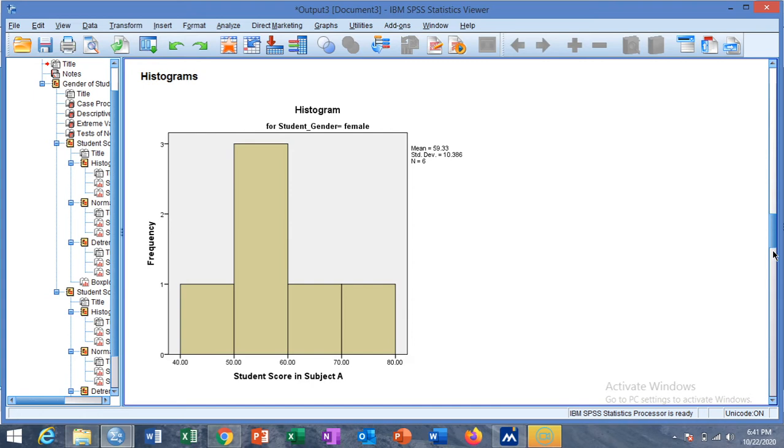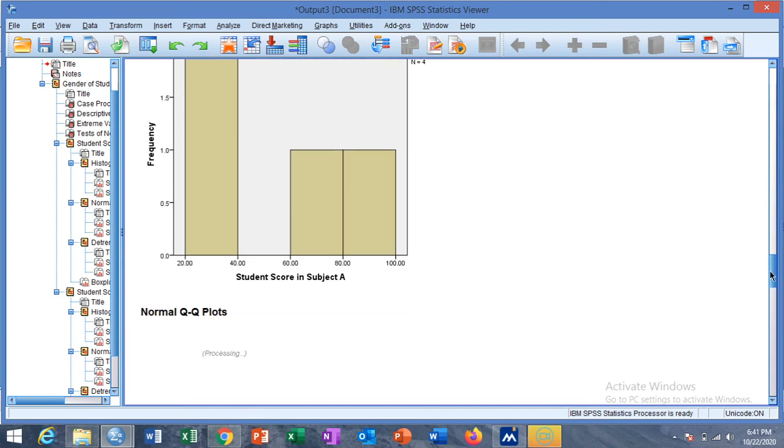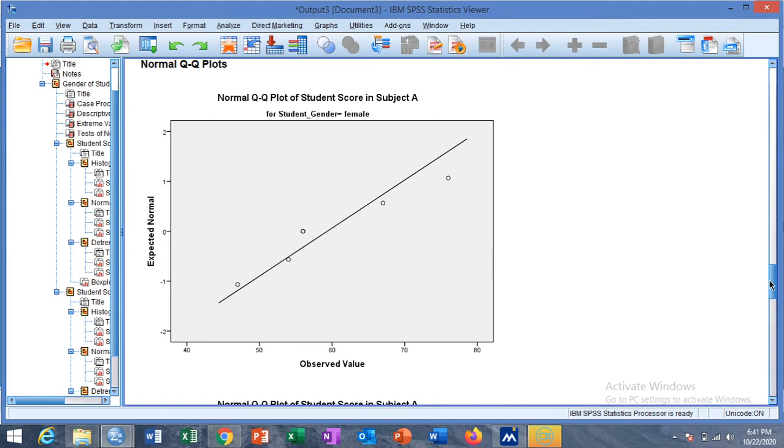The frequency histogram of score in subject A for female shows somewhat normal form, and this is student score in subject A for male, and this is the QQ plot. In the QQ plot, points close to the 45-degree line suggest that the data is normal.